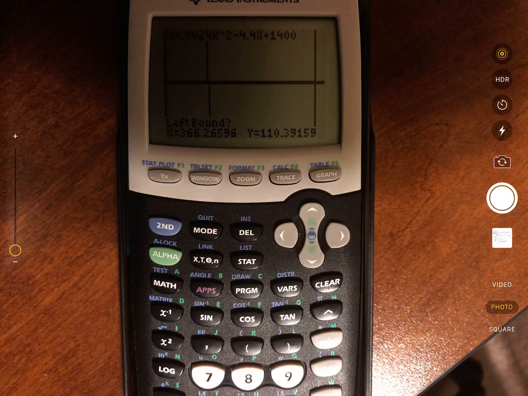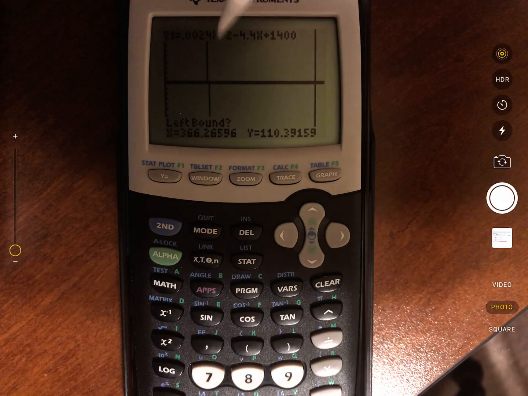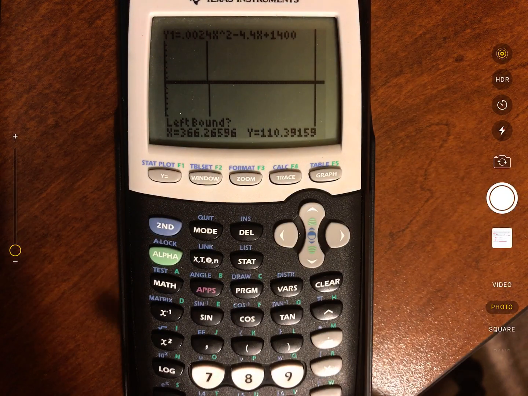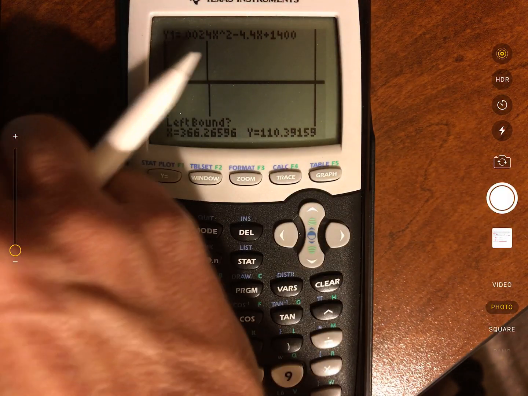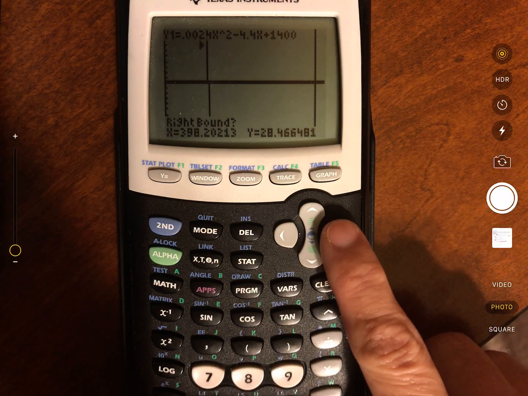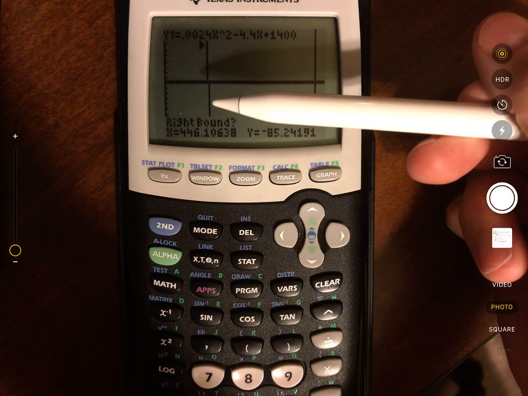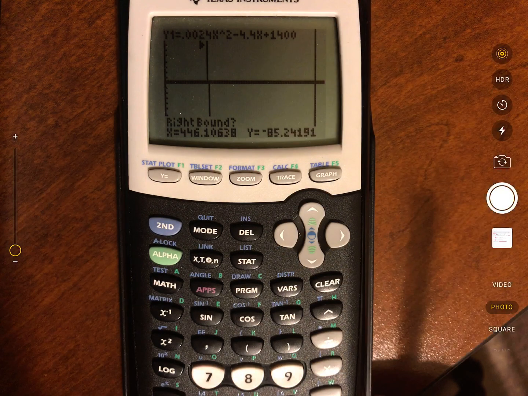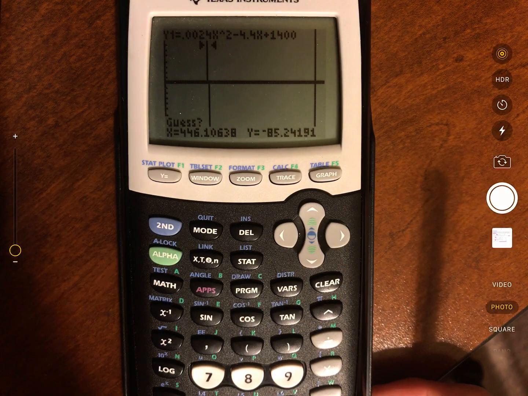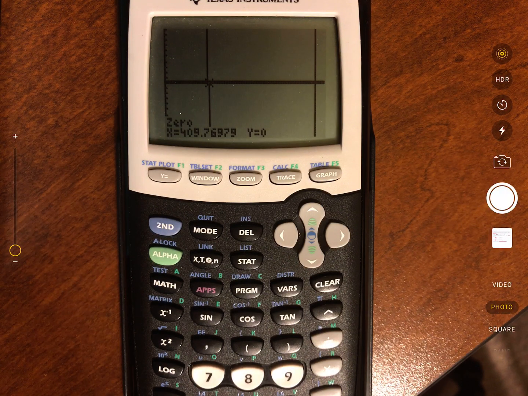If I was following this graph from the left to the right, I would hit left first, then I would be underneath, above, and then I would be underneath. So my left bound is going to be above the x-axis, over here to the left of this 0. You notice that my y values are positive. I'm going to hit enter. Then I'm going to scroll just to the right of the 0, which means I'm now below the x-axis, so you can see that my y values are negative. I'm going to hit enter, and then I'm going to hit guess, and it's going to give me that